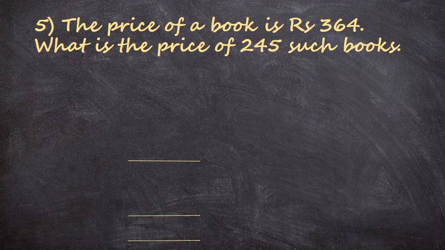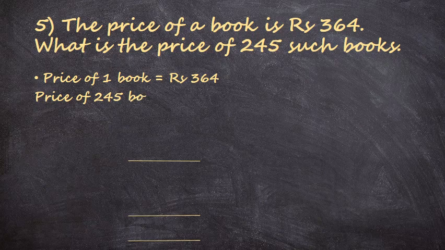rupees. Similarly, relating the example with this question, the price of one book is equal to rupees 364. The price of 245 books will be equal to rupees 364 multiplied by 245. Here also one chocolate price was given and we are supposed to find out the price of 5 chocolates, and here one book price is given and we are supposed to find out the price of 245 books. Then we have multiplied. So our answer is rupees